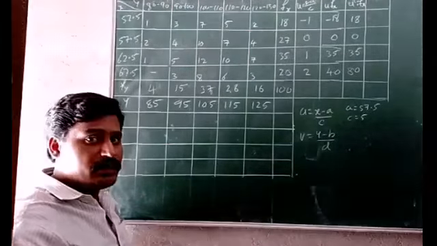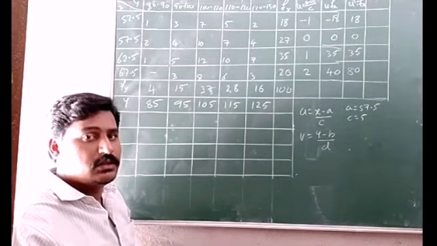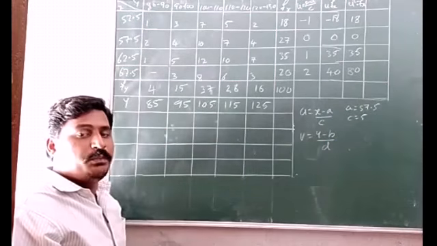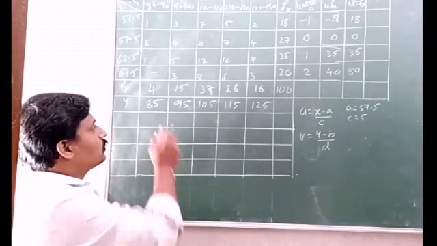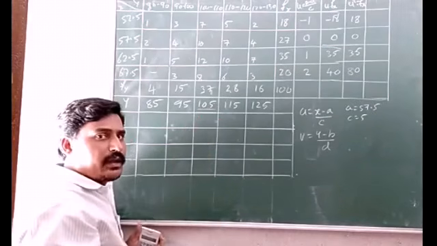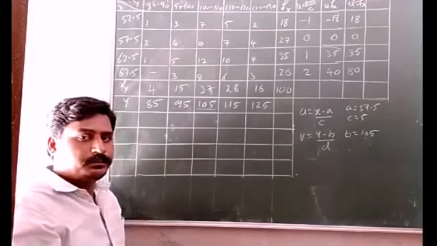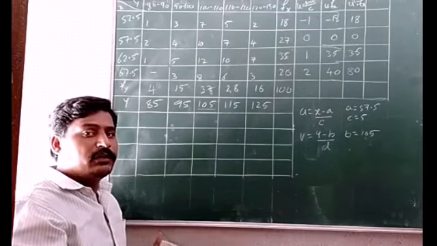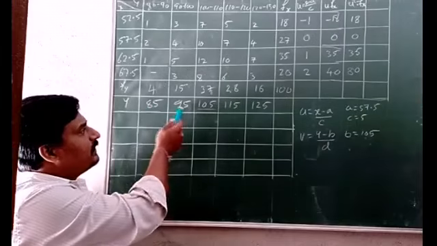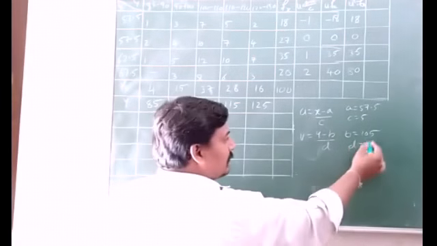Now reduce it. So we have a 2 to 3 digit number. Calculation becomes difficult. So reduce it. So V is equal to Y minus B divided by D. So B, take a middle value here. So 1, 2, 3, 4, 5. 5 values we have. Middle value we get, that is 105. So B I take here as 105. Then D. D is nothing but width of the class, or else difference between the midpoints here. So that is 95 minus 85, 10. So D is equal to 10.